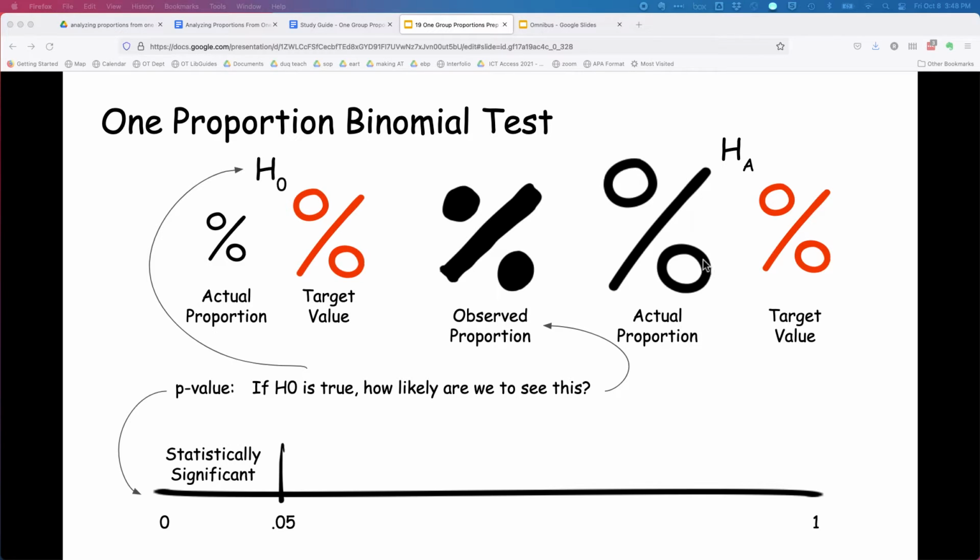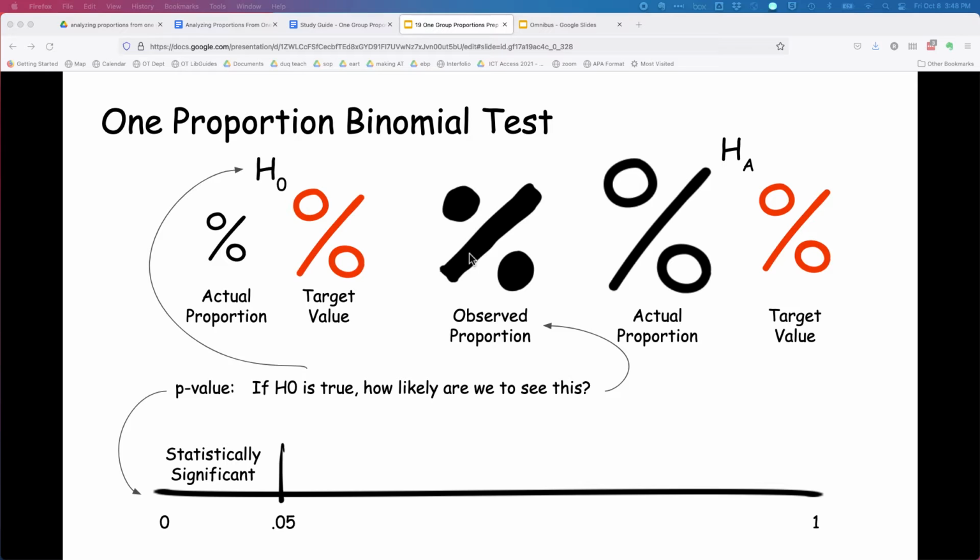The alternative hypothesis is that if we had all the time in the world to test all the people in the world, the actual proportion would be greater than the target value. And what we've got is our observed proportion, the percentage of clients who you did treat who did achieve a